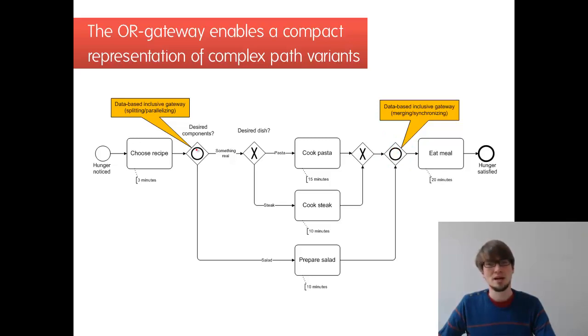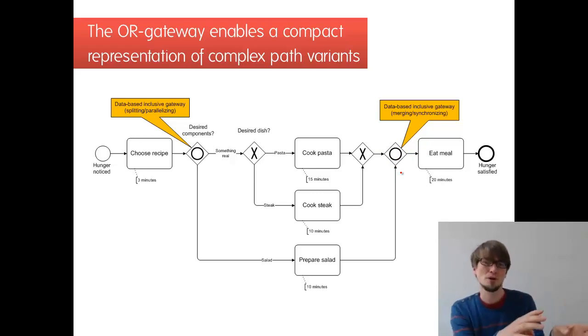Obviously, it has somehow to match the first gateway. And that's what a lot of people intuitively think. They are somehow connected, the two. But that's not true, actually. The merging OR gateway basically says I move on the token if at least one token arrives and no other token